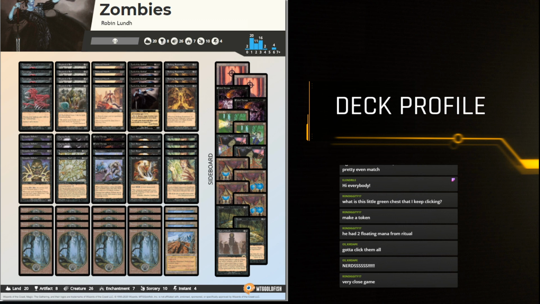So I think I'd take out the Tombstone Stairwells and put in the Parish. I don't know if there's an argument to bring an Engineered Plague. You could hit the Looters. That's not very good. You could hit the Root Wallas. That's not very good. No, I feel like David's deck is too diversified for Engineered Plague to be too